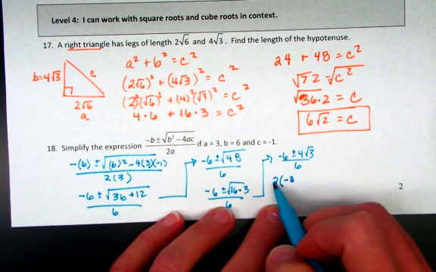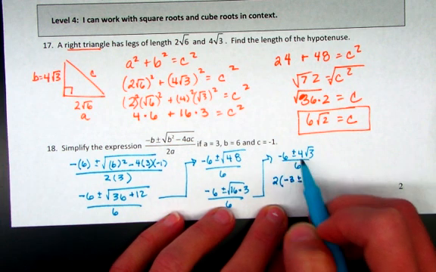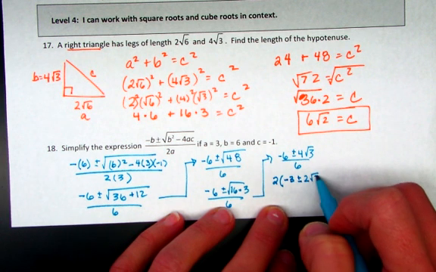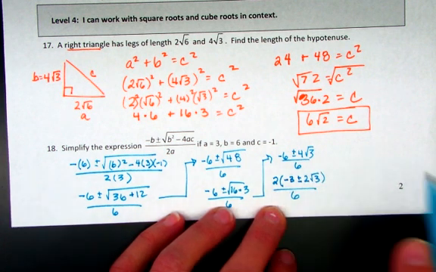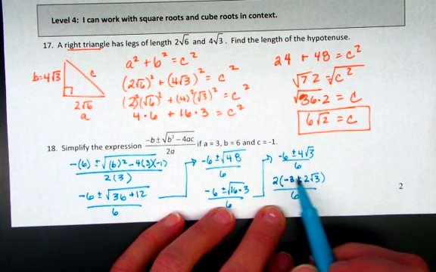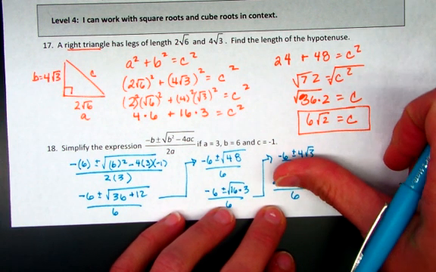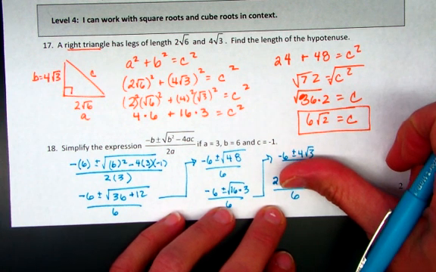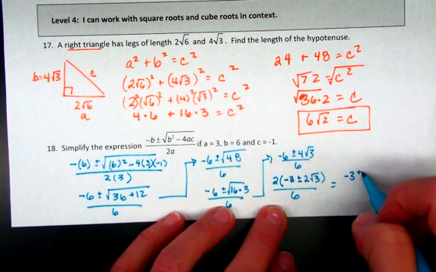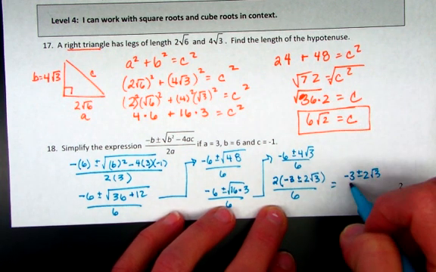So 6 divided by 2 is -3, plus or minus 4 divided by 2 is 2, divided by 6. And now I can reduce 2 divided by 6 because this is a product. It's 2 times some number, or some binomial, and 2 over 6 reduces to 1/3. So this becomes -3 plus or minus 2 root 3 over